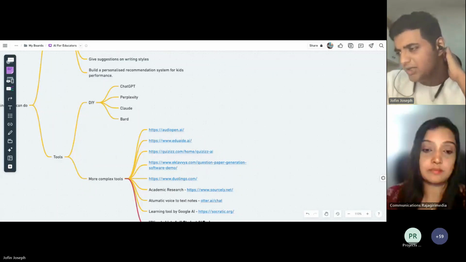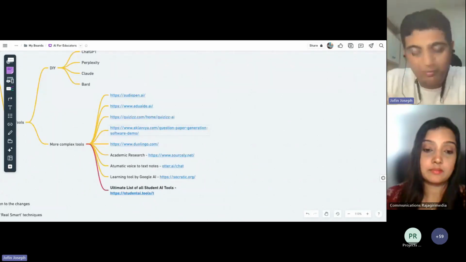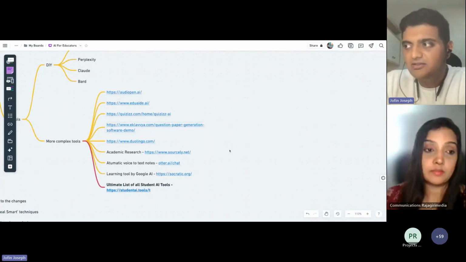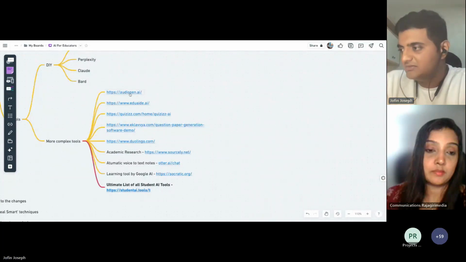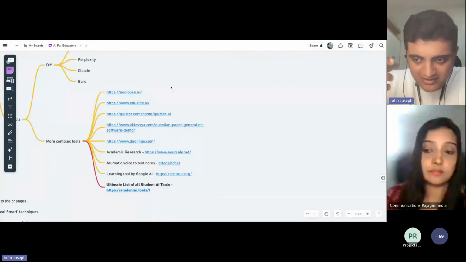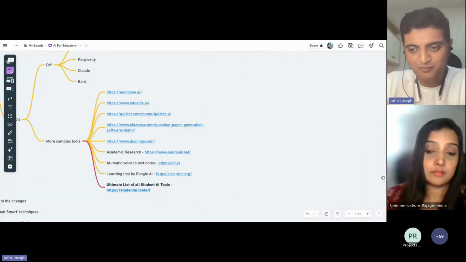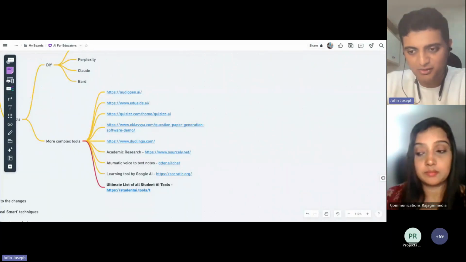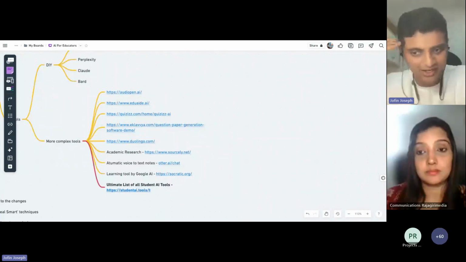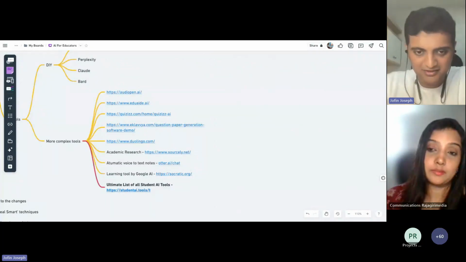Many use cases, right? Now there are some slightly more complex tools as well, right? A lot of interesting tools are actually coming up in the space of AI. Some of these are given here. You can actually visit them as well, right? So AudioPen and Otter, these are voice to text tools, right? So you can basically say something and make it a note, right? So tomorrow you want to prepare a note, you don't want to type it, right? It can be as simple as that. You have everything in your head, you want it on paper, you want it printed, right?